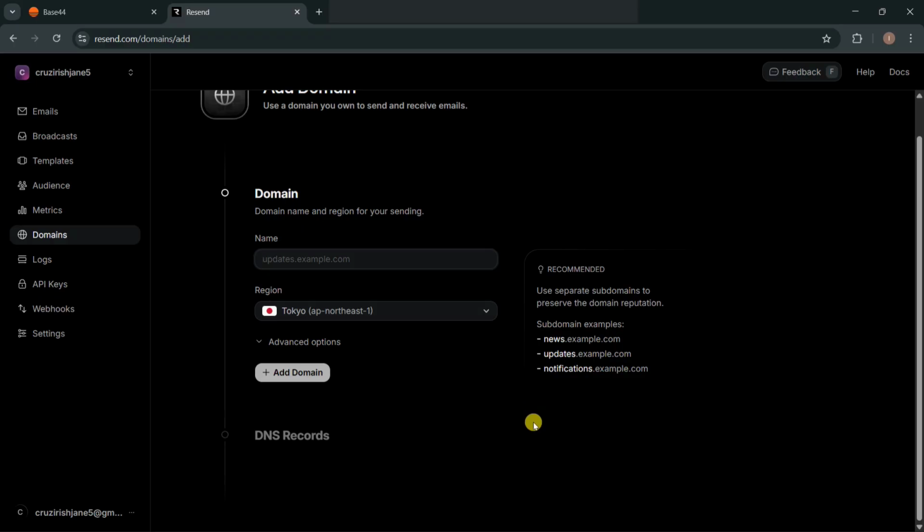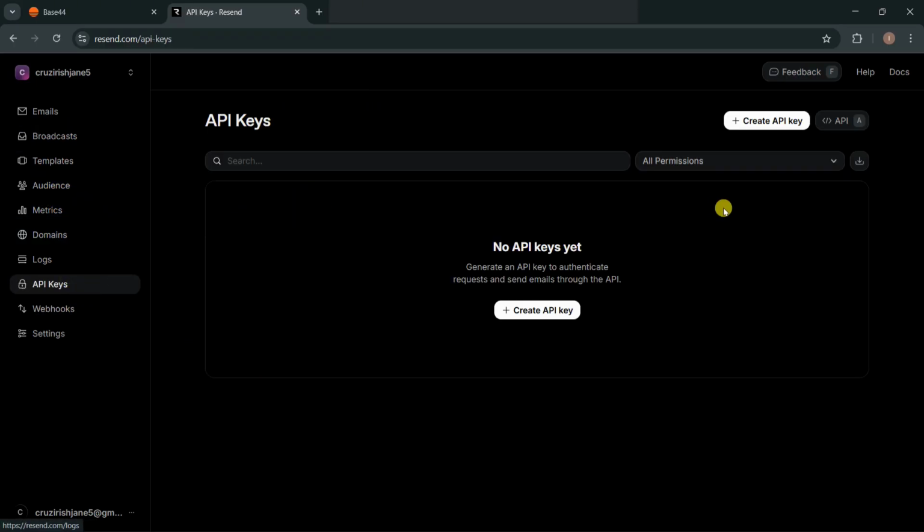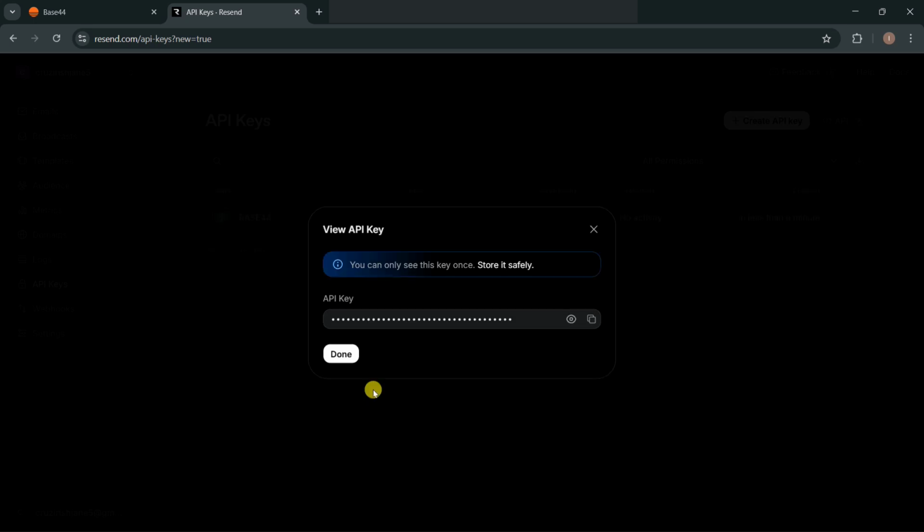Now, in the Resend dashboard, go to the API keys tab. And then from here, create a new API key. Name this API key. For example, I want to name it as base44. And then set the privacy to full access, and then click on the add button to add this. So copy the API key from here and